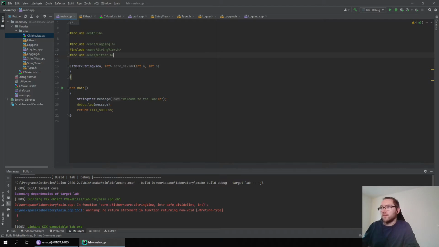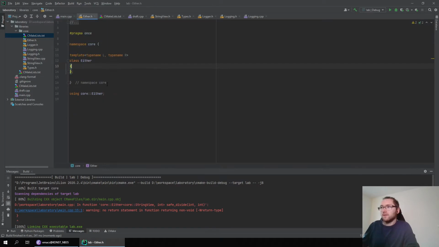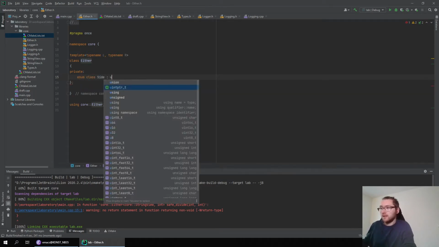So let's think about how we would like to construct an either value. First of all, we have to store different kinds of types. So we either have the left value or the right value. So let's produce a small enum class, which I'm going to call side.